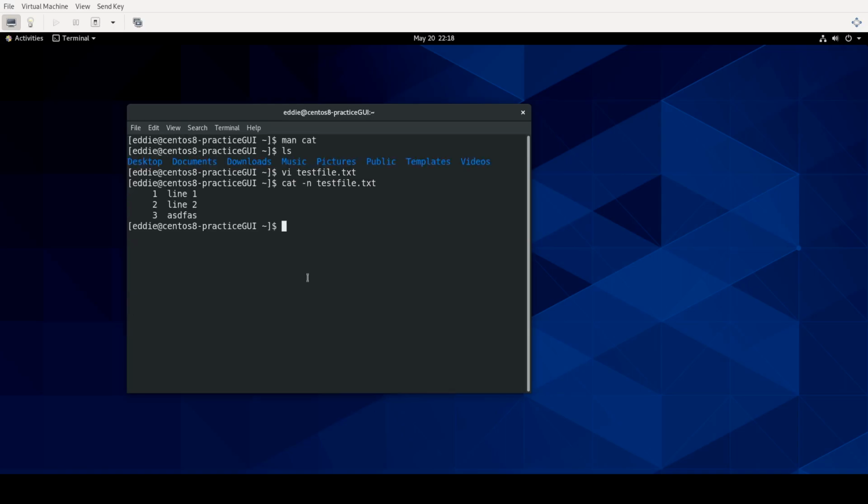cat -n test file. That's kind of neat. It gives you the line number. But that's an example of what man shows you. It is not designed to be a full-on tutorial for how to use something, but rather it's more designed to